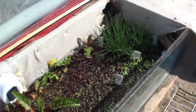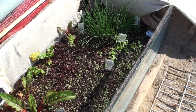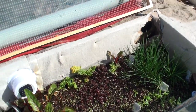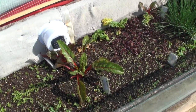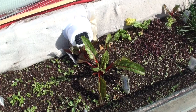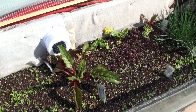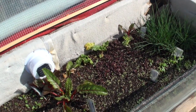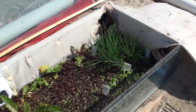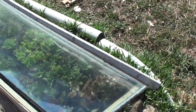This one gets about 75 degrees during the day, and when it's about 60 degrees outside. And with the plumbing vent, when it's really cold, I just leave the glass on, and it vents the whole thing, and through the side portals, and it works out great. So this one is the second warmest. This first one over here is the hottest. It gets about to 80